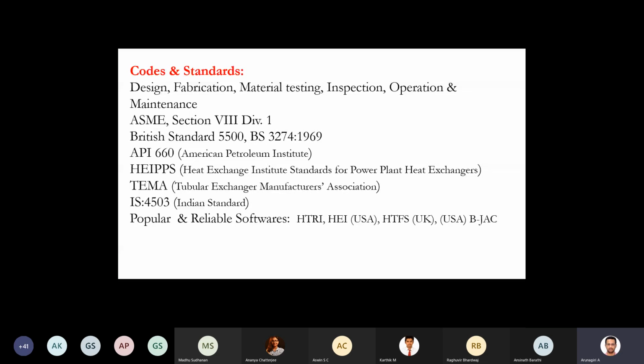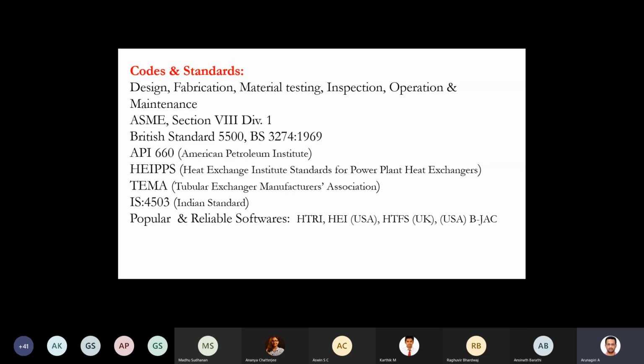As I said last class, a vessel has different components, correct? Head, body, or you can say shell and closures. As the stress distribution inside the vessel is highly non-linear and non-uniform, the thickness of the wall, the material of construction, the joint efficiency factor, the diameter of the vessel, and the pressure inside the vessel play a major role in mechanical design. So we should have a proper inspection method.